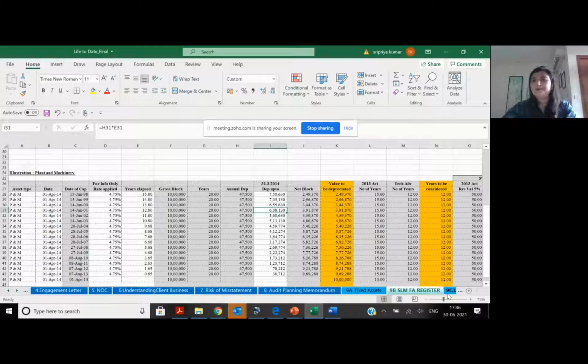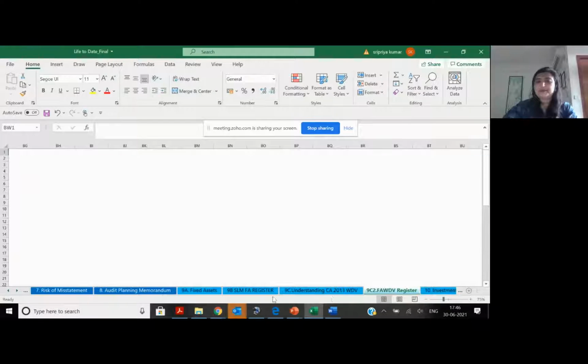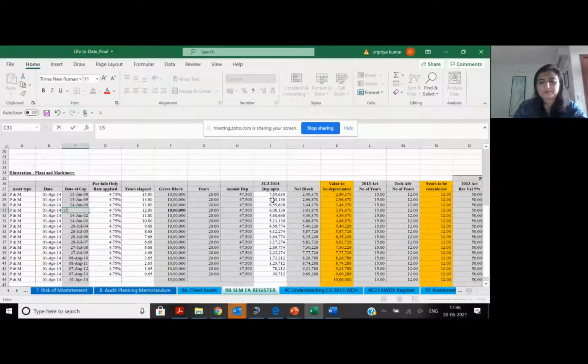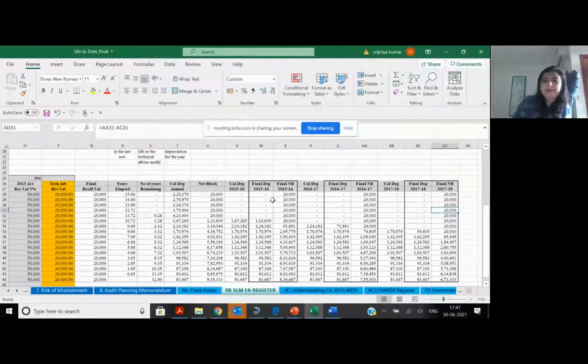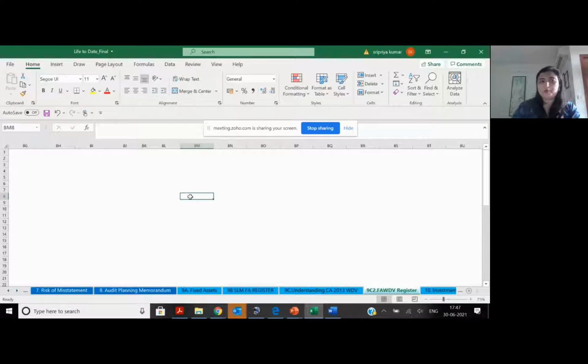So I have kept one to build a fixed asset register in SLM and one in WDV. These templates serve two purposes. You can also use it as a reperformance test. Let's say your client is showing 10 lakhs bought in a particular year, 15/7/2001 he bought. This asset today should stand at 20,000 rupees for me as per the new Companies Act. It's a ready reckoner. Similarly, I have done a ready reckoner for WDV for you to test.